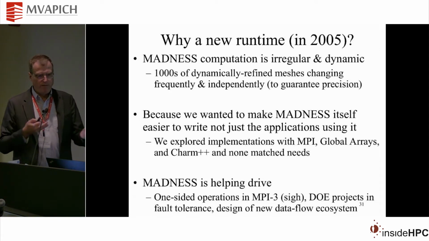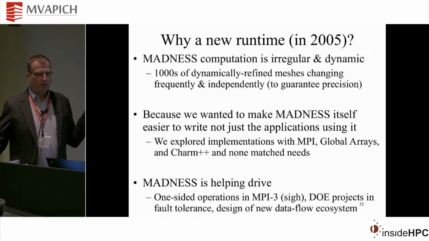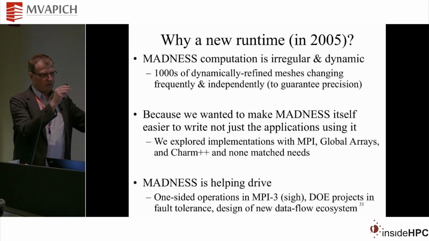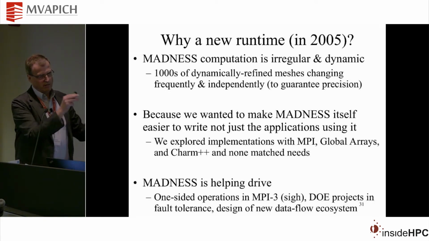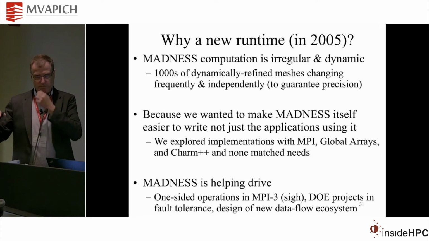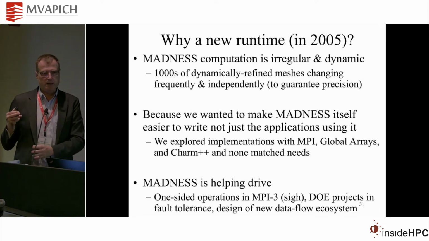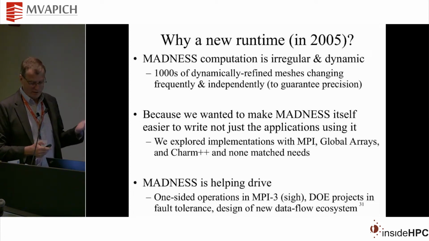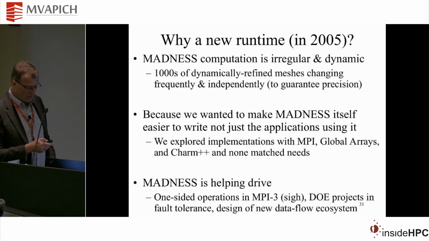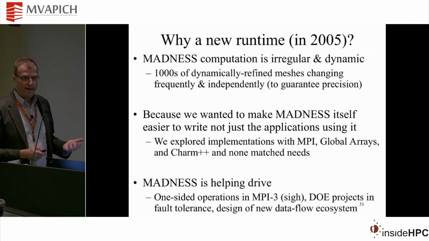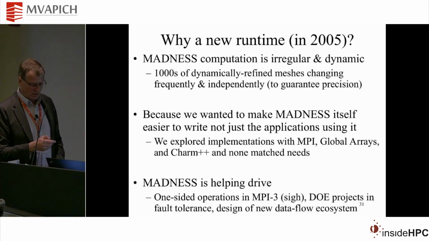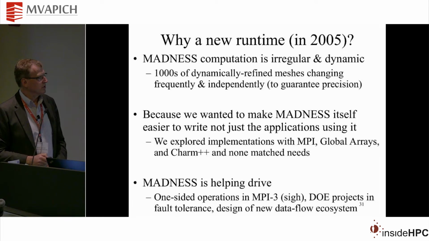Clearly, if everything is at the same level of refinement, that would be inefficient, but in the types of computation we're doing, it's not. So you can imagine a very large molecule. Some functions are localized over here, some functions are localized over here, some functions are localized at a very fine scale around the center of an atom. And so for our computations, there's significant advantage in having separate numerical representations. But this leads to a much more dynamic programming environment where we've got complicated data structures that are constantly changing, distributed across the whole machine.